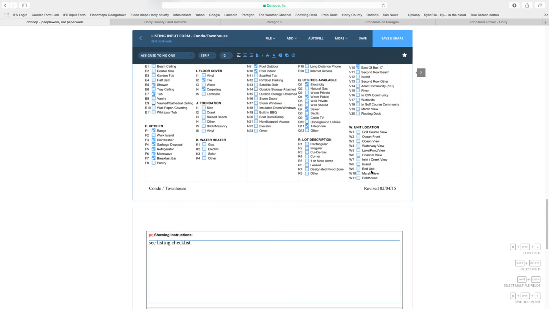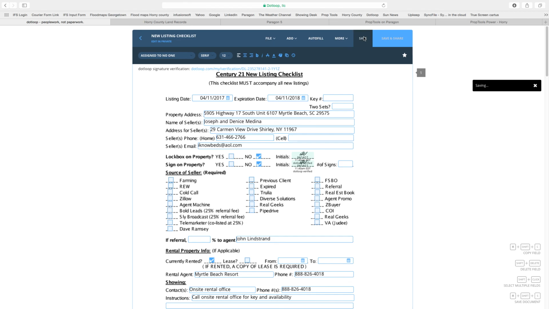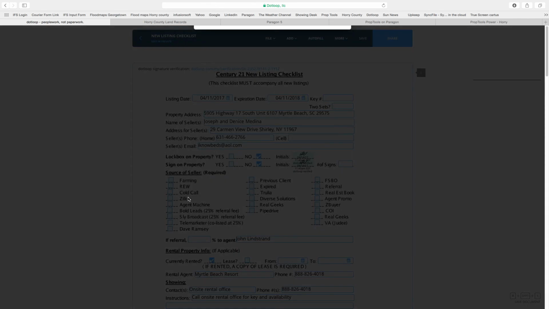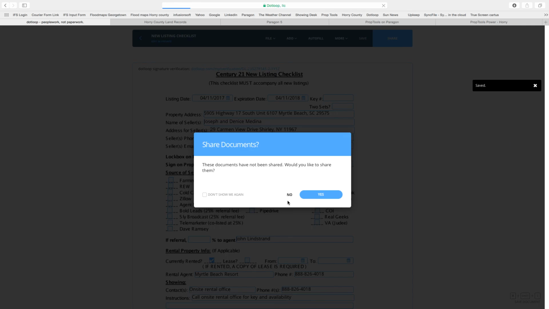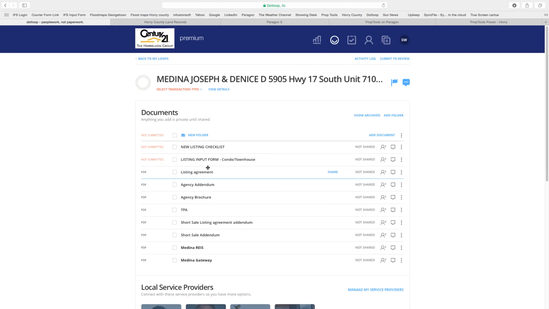So once you have filled out your paperwork, hit save, and then you can go back to your loop and finish working on the rest of your documents to submit the loop